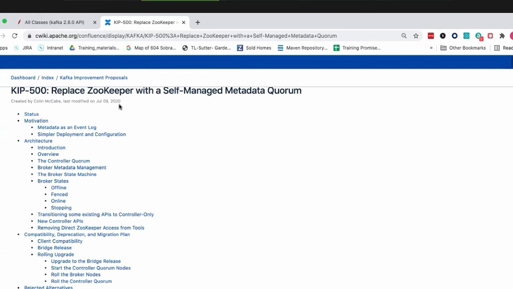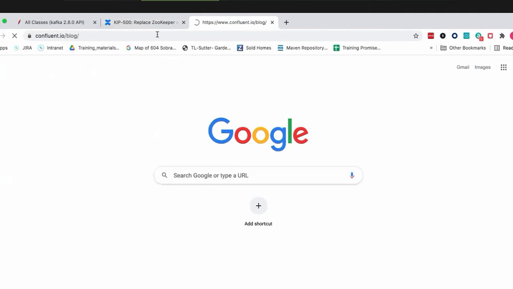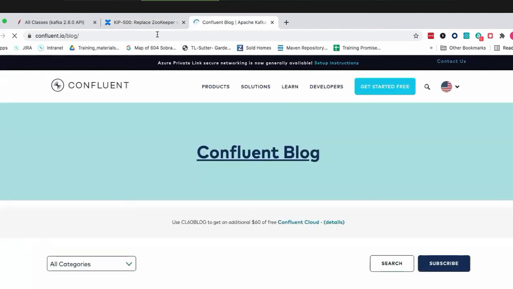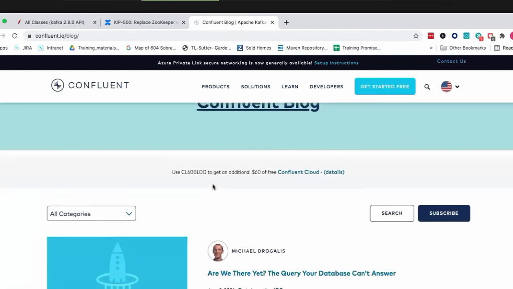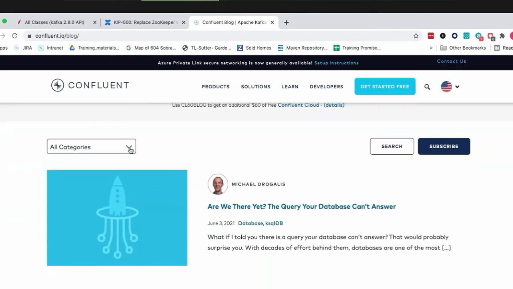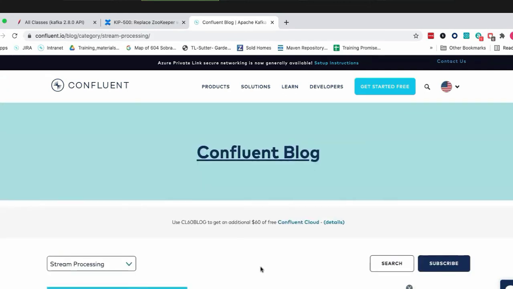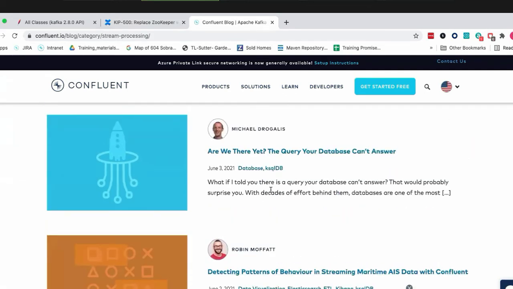You have the KIP, you have the API, and then the last part, this is the fun part, and then I'm done. If I go to blog.confluent.io, and as I mentioned before, I have all of this listed in a document. I will send them out to you guys. When I come to blog.confluent.io, I come to categories. And in the categories, I can search. So if I'm curious about streams or whatever else, I have some great topics. Let's say I want to read about Kafka Streams or something like that, right? I can look and say stream processing, click on stream processing. Then it pulls up all the articles, right?